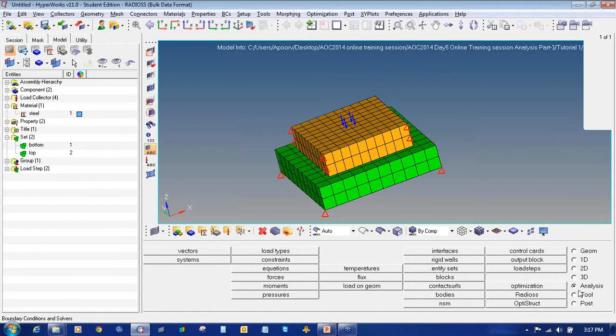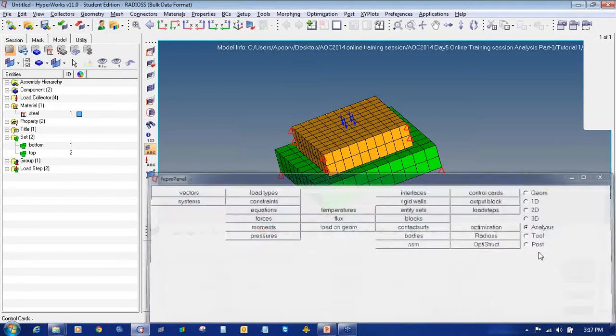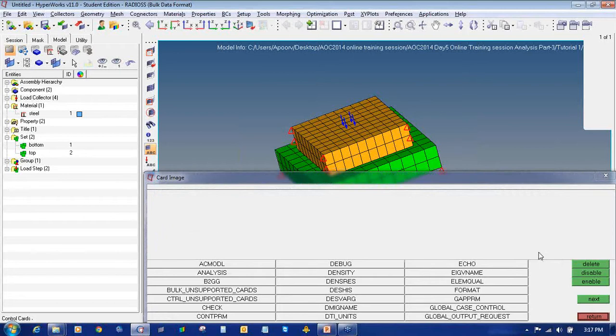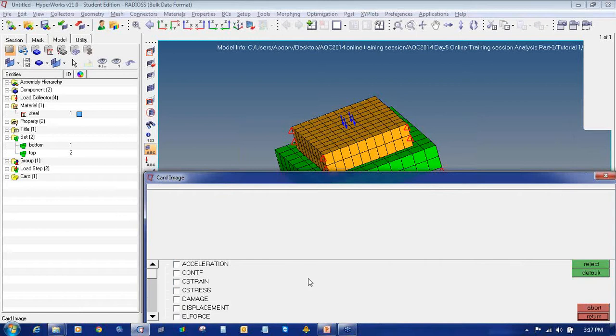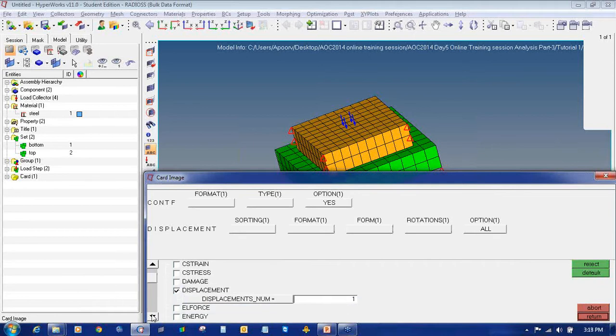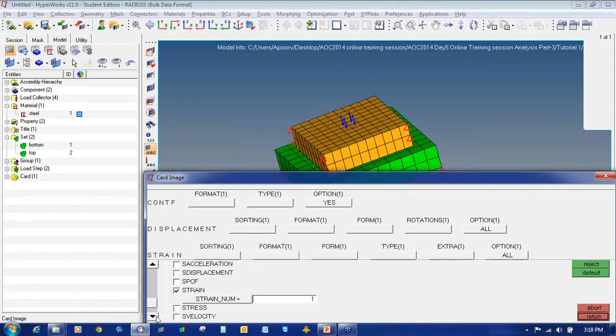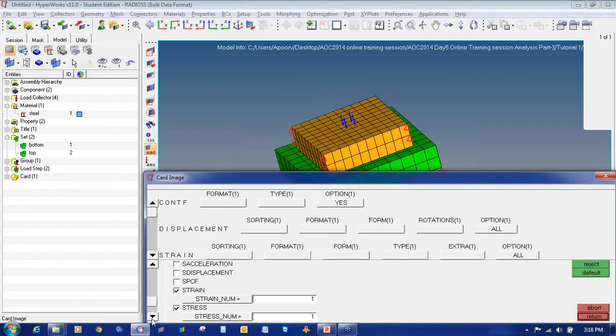Now I will define some output control parameters. So I will go to analysis, control cards. Check the global output request. Check the box CONTF, displacement, strain, stress, and in all the things we'll select the option as yes.